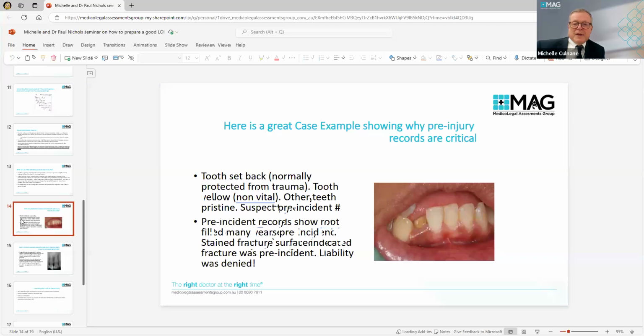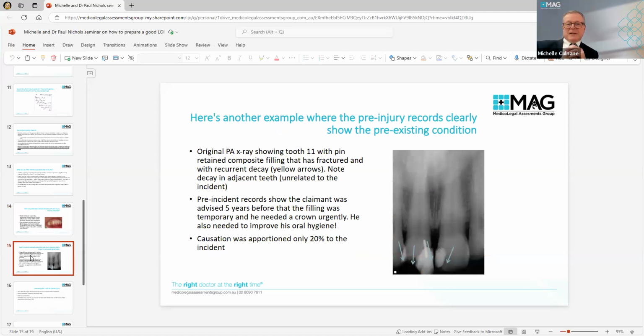It had got bad decay because the patient couldn't clean it 20 years ago. It had several fillings. All the fillings fell apart. It finally needed root canal therapy and a crown. Then it got decay under the crown, and the whole thing fell apart, and then she didn't bother getting anything else done. Until the car accident, when the lawyer said, "Oh, we may as well get your tooth fixed too," because she did have a facial injury. Yes, we do catch these ones out. By getting the x-rays from before and after, I was able to say, no, that was like that before the accident. Here's another one.